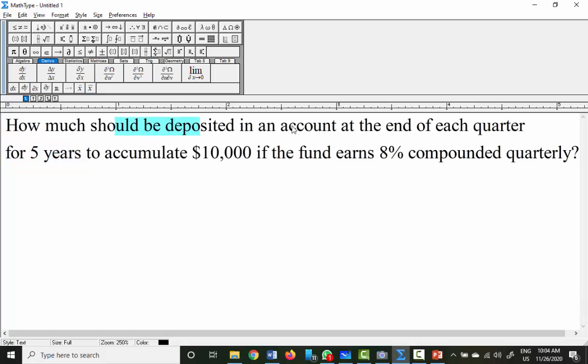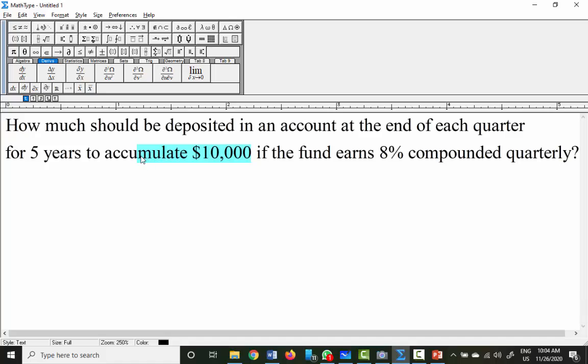So the question is asking how much should be deposited in an account at the end of each quarter for 5 years. That means how much you should deposit at the end of the first quarter, how much at the end of the second quarter, and so on. So we need to find the quarterly payments, or quarterly installments, to accumulate